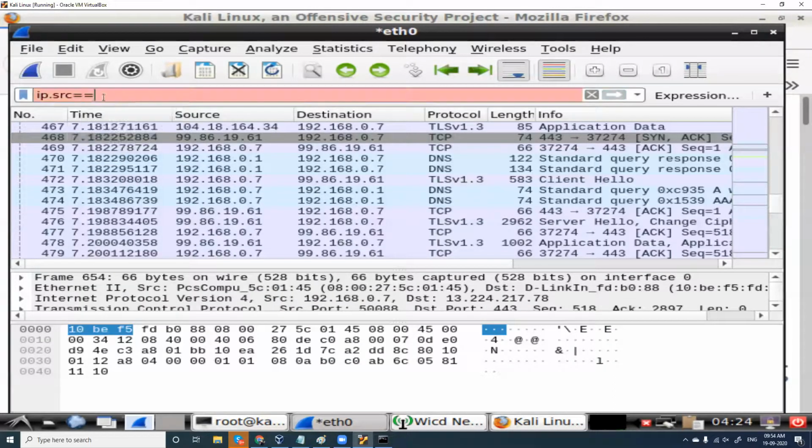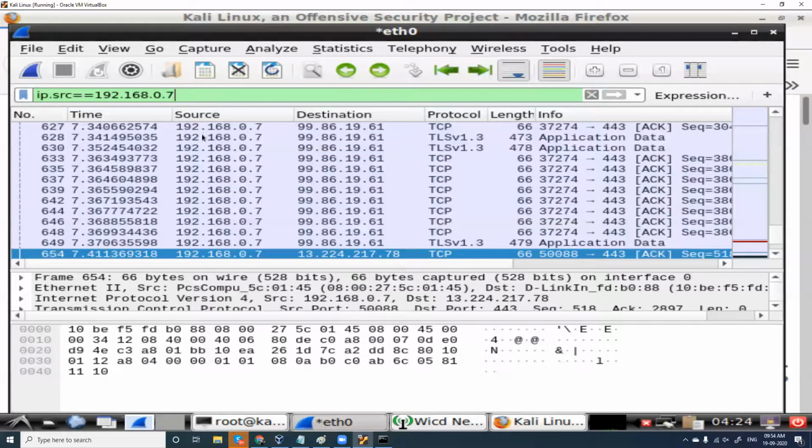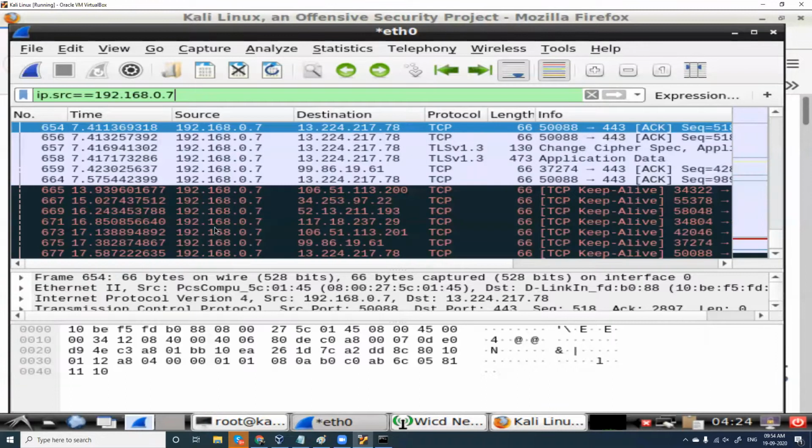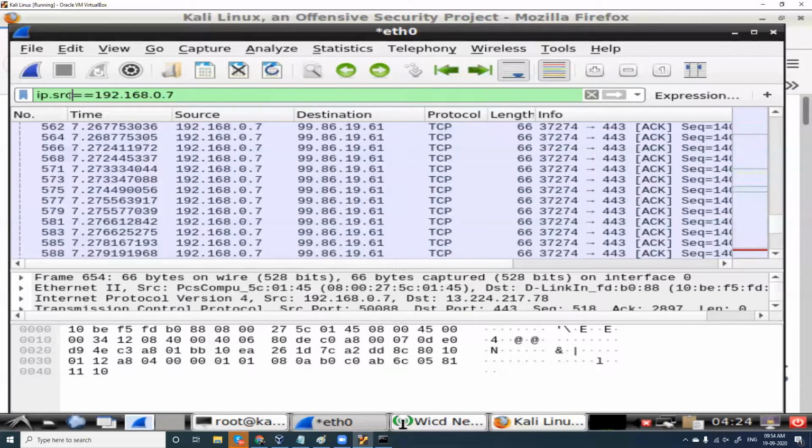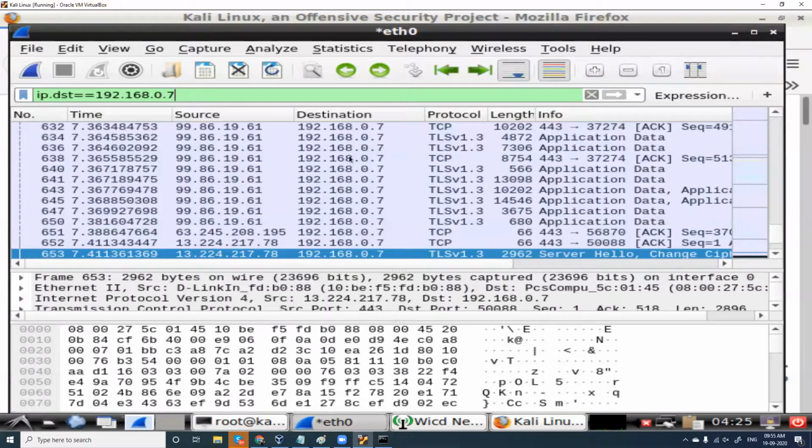If I want to filter the source IP, I will type ip.src == 192.168.0.7. Means in the source field, I have different IP addresses here, but I'm saying, no, I want only my IP address. I want to see what packets have gone out of my network. So you can use a filter command like this, enter. See, now the source will have only 0.7. If I want to see what packets I have received, I'll change this to destination and enter. Now see, in the destination IP address, I have 0.7. Fine.